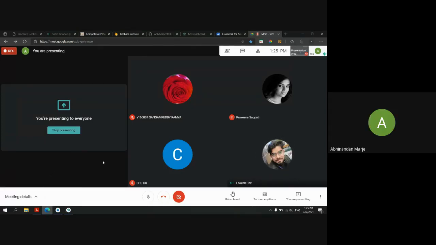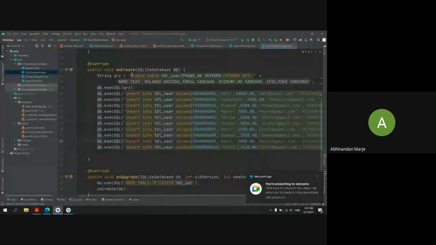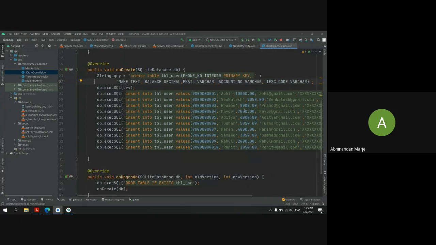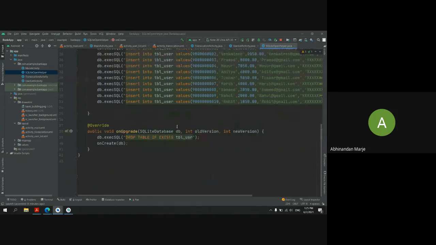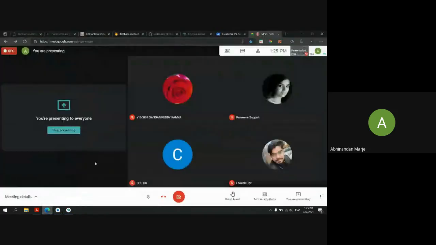Complete it. Once we start the projects, we don't need any pending task, because in projects we are going to include so many things. If you keep your task pending, you will not understand the projects. Okay, sir, I will complete it today. Yes, by tomorrow this class should be created, or else you will not be able to extract any data from here. In tomorrow's session, you will be extracting the data and showing this same data in our app. So complete this task by today only. Don't keep it pending. Okay, sir.